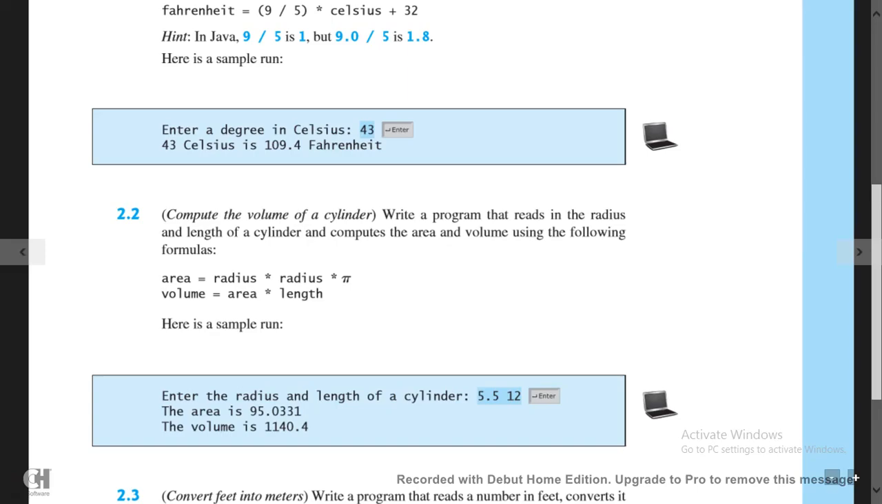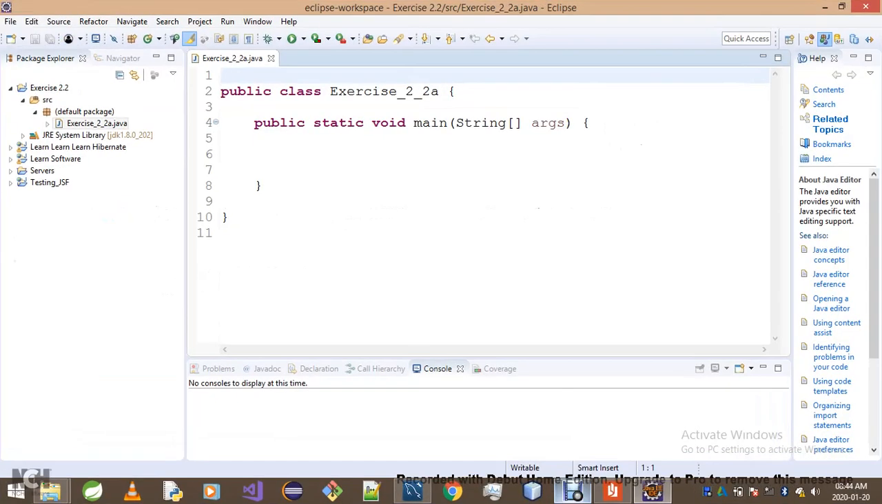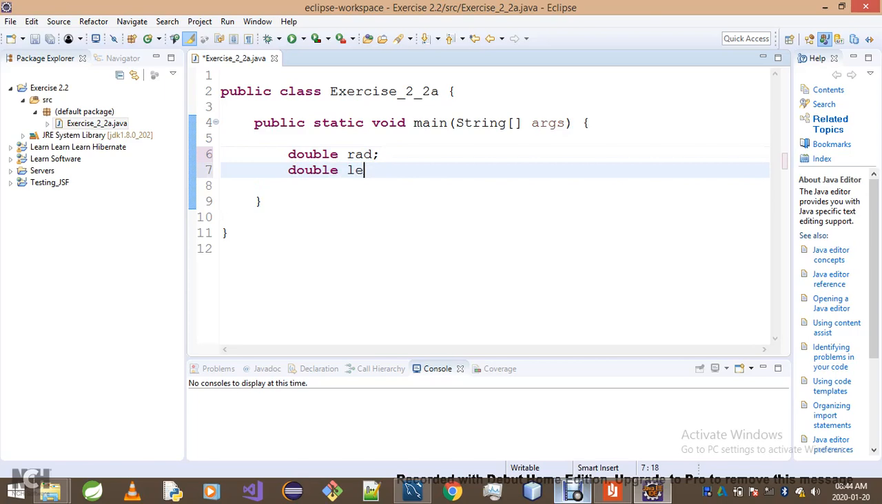Okay, now let's get on to our IDE. I've already created a project and I've already created a class called exercise 2.2a. So now let's get our hands dirty with the coding itself. So this is pretty straightforward. We're simply gonna declare a variable, call it rad for radius, and the second one call it len for length, and then we'll simply prompt a user